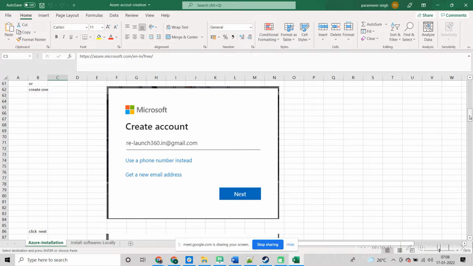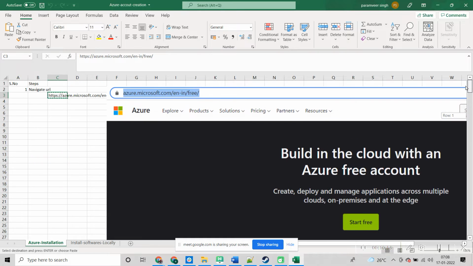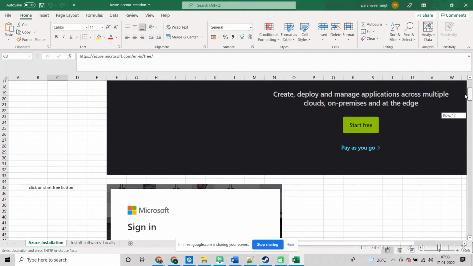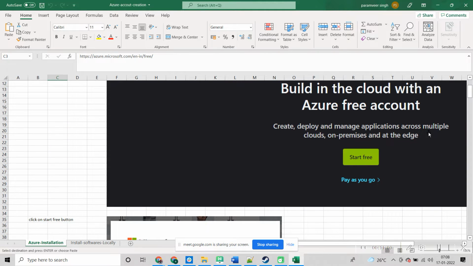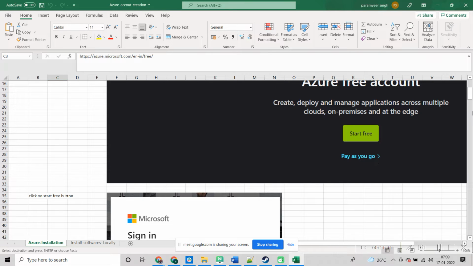And what is the free tier duration we get with Azure Cloud? Sorry? In Azure, what is the free tier duration we get? Like in AWS, we get 1 year, right? Here also one year is there, and you can go through actually once you click on start free, so there it will show you, and once those free options are over, then you can go pay as you go.